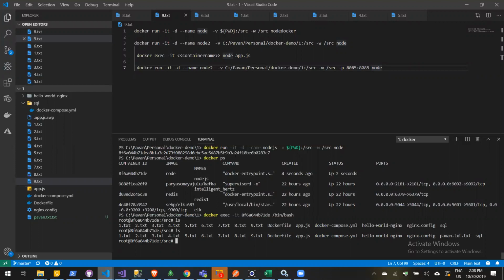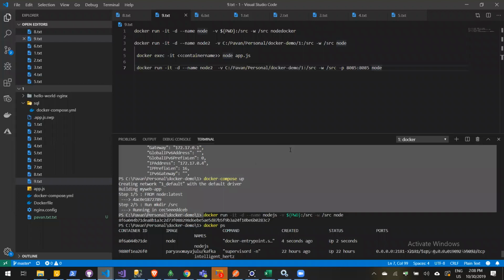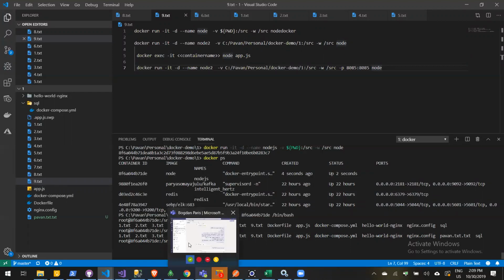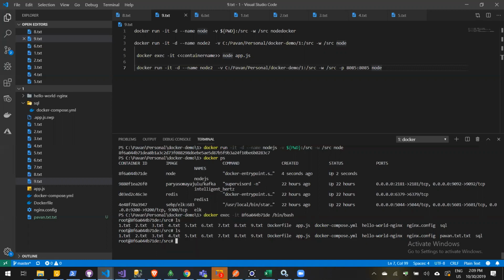So let's try to run this particular program, the Node program, remotely on that server. I'll just exit. So till now, what I'm trying to show is that we mounted the current directory onto the Docker container. So now my app.js file and all my code is present on the Docker container. So let me exit from this one. By simply copying the code, we cannot run the files, right? So what we need to do is